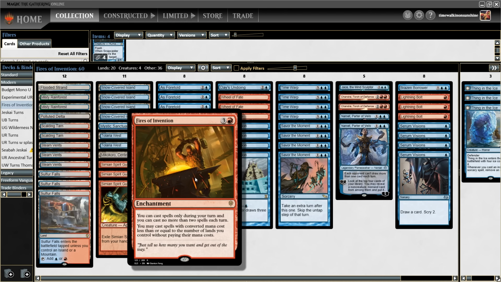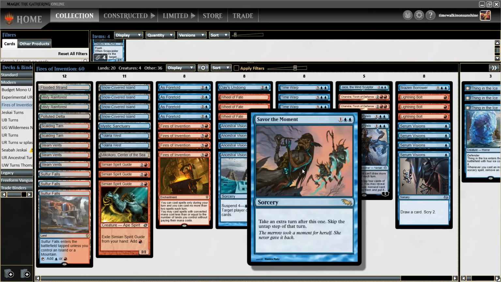The other way we take advantage of Fires of Invention is with Savor the Moment. Savor the Moment is one of the cheapest extra turns in Modern. It's just 3 mana for an extra turn, but the catch is you skip the untap step of that turn. So normally this makes this just a very bad explore. You spend your 3 mana, you get to play your land, and you get to draw an extra card,